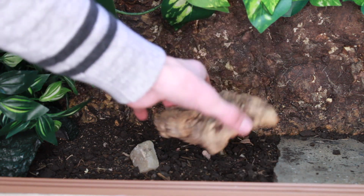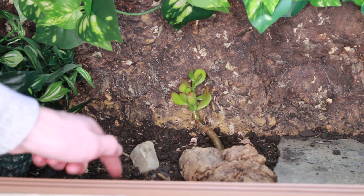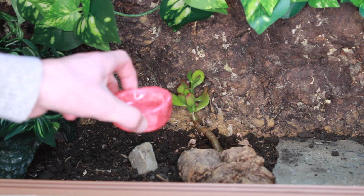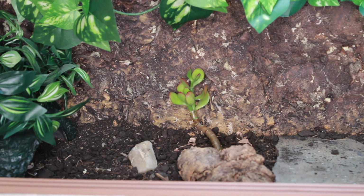And then I have a piece of cork in here because reptile keepers love their cork bark. A little water dish which you can't see, but it's adorable, so I want to show you. It's this one. I handmade it. I used to make pottery. And then